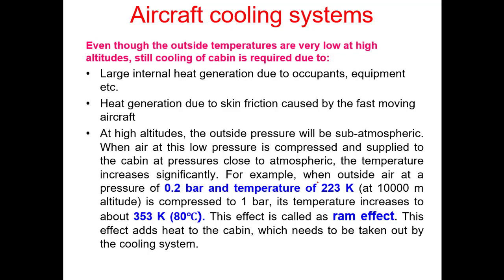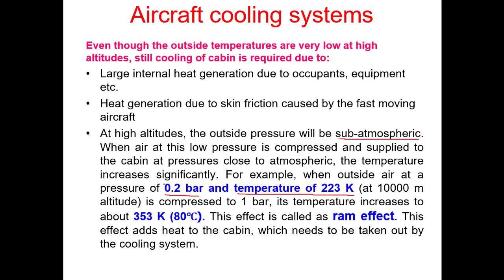In ram effect, what is happening basically at very high altitude, for example, at 10 kilometer altitude, the air pressure is very low. We call that pressure sub-atmospheric, which means it is much less than atmospheric pressure. Let's say the pressure is 0.2 bar, and at that height the temperature is, let's say, 223 Kelvin. So when we compress this air from this pressure to atmospheric pressure, because human beings are comfortable at atmospheric pressure,